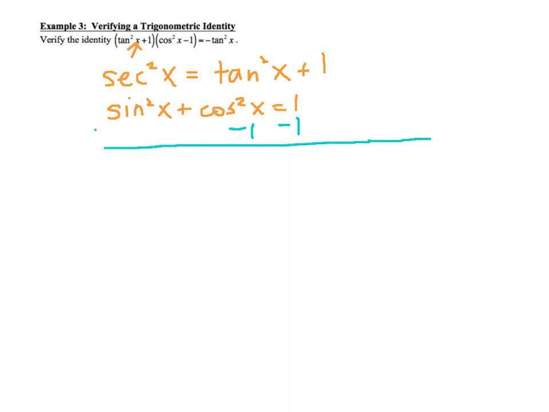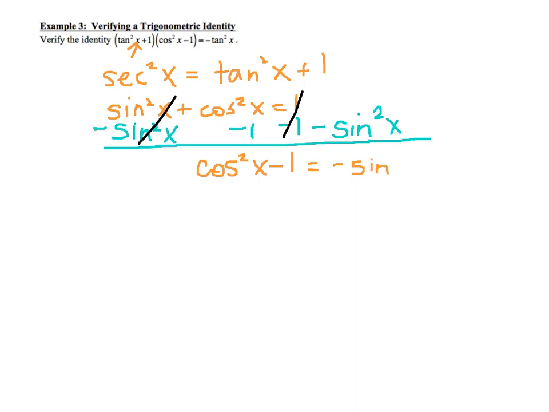Then you can also subtract sine squared x to both sides. So these cancel here, these cancel, and you end up getting cosine squared x minus 1 equals negative sine